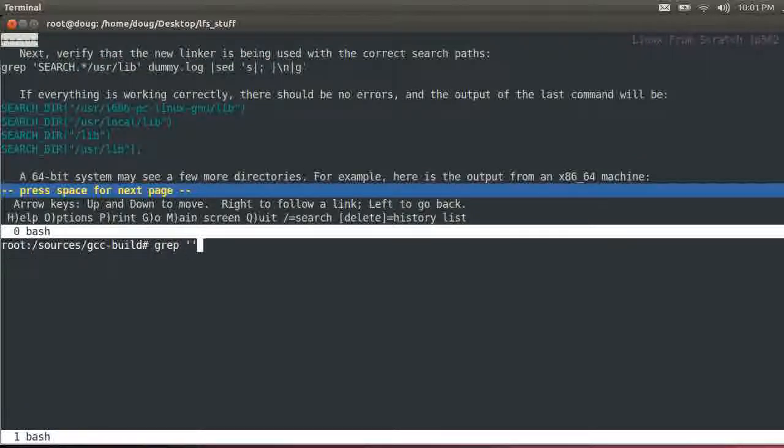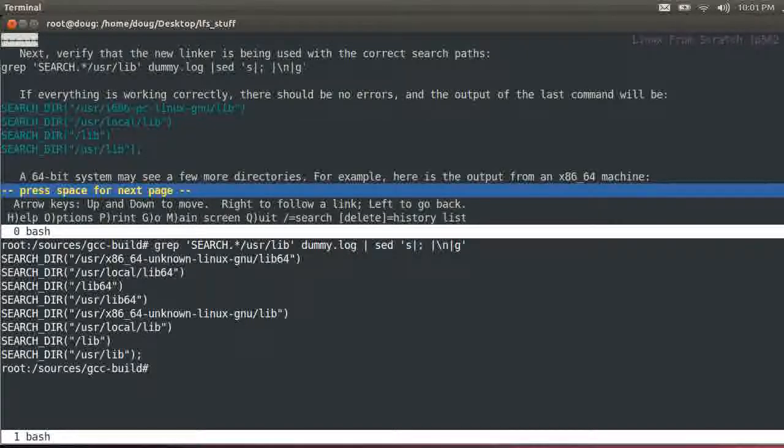We'll say grep 'SEARCH.*/usr/lib' dummy.log, and pipe it through sed, s/; /\n/g. Great.